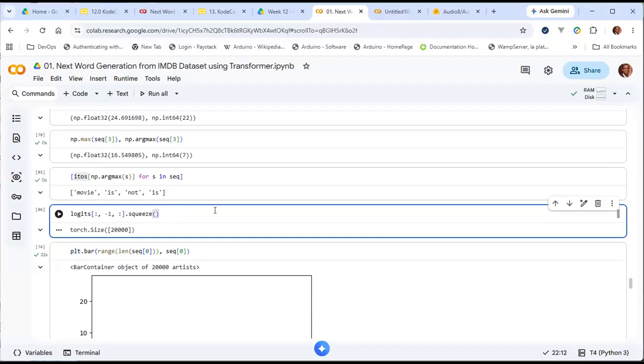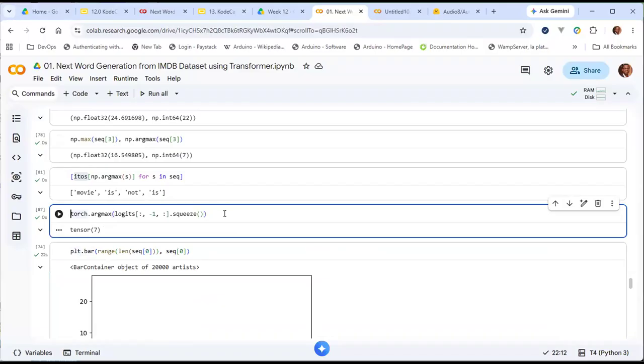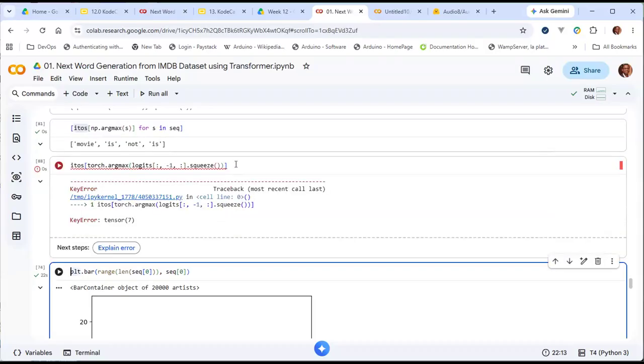So when I squeeze this, right, I can then do the argmax on the squeezed value. In fact, I can just use torch. Torch has argmax as well. It's not just numpy. So if I do that, it gives me 7, which matches the value I had before of item 3, 7. So you now have a value of 7, which maps to the index of the last one. I can now use ITOS